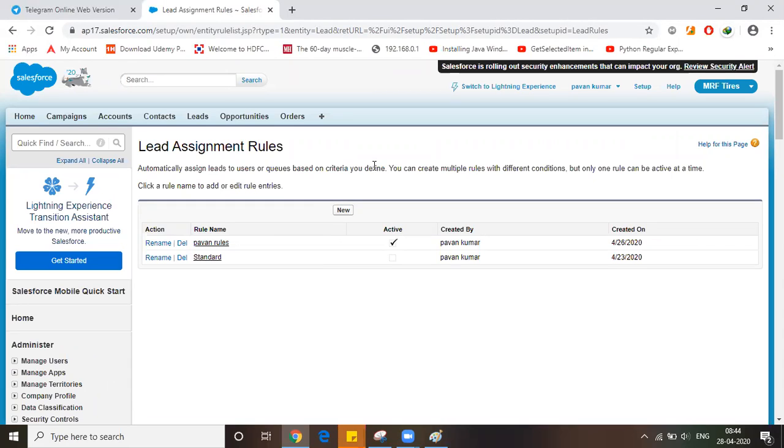Leads will be generated from different locations. If I'm getting an SMS from the Bangalore location, I have to assign that lead to Bangalore. If I get leads from the Hyderabad location, I have to send those leads to the Hyderabad location. From whichever location I'm receiving the leads, I have to assign those leads to the local team. Then only can we give accurate service on an easy and timely basis to those leads.